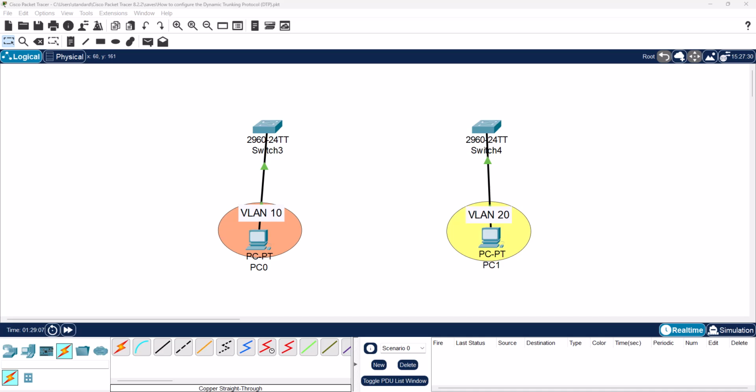In this lesson, we're going to demonstrate how to configure the dynamic trunking protocol, also known as DTP for short. Our lab involves a simple local area network consisting of 2 switches and 2 PCs. Each PC belongs to a different VLAN, and each VLAN is configured on its respective switch. We have already configured the VLANs, the members of those VLANs, and we have also associated the necessary IP addresses